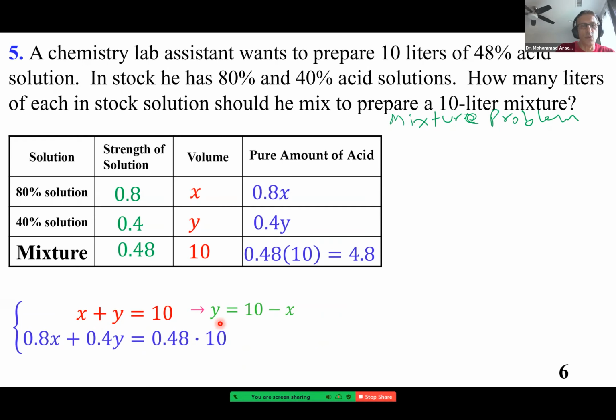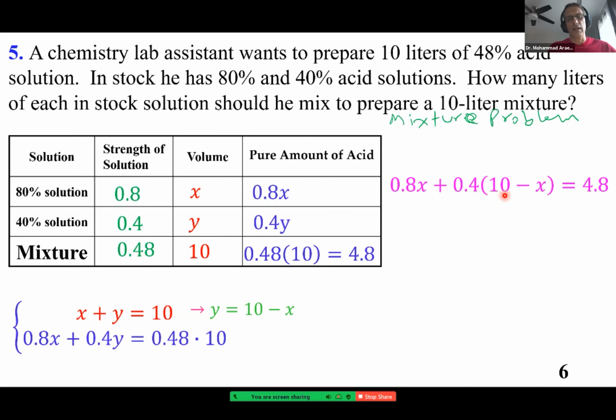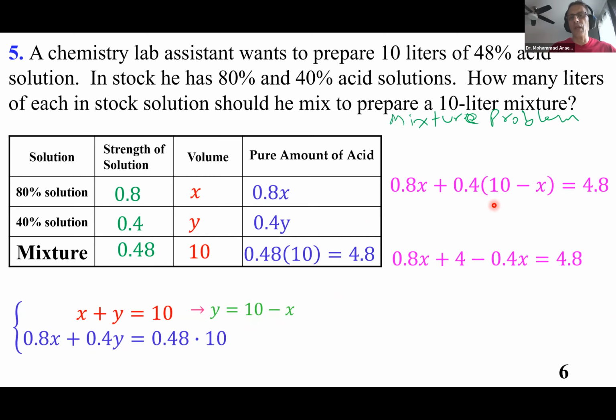So we're going to replace this y with 10 minus x. And we are going to write 0.8x. We are looking at the second equation, 0.8x plus 0.4, and replace the y with 10 minus x. The right side obviously is 4.8. When we distribute, we get 4 here minus 0.4x here. Bear in mind, when you multiply two numbers involving decimals and powers of 10, just ignore them, multiply them, and then count the number of decimals, count the number of zeros, see which one you have more of, and consider those. So with that being the case,